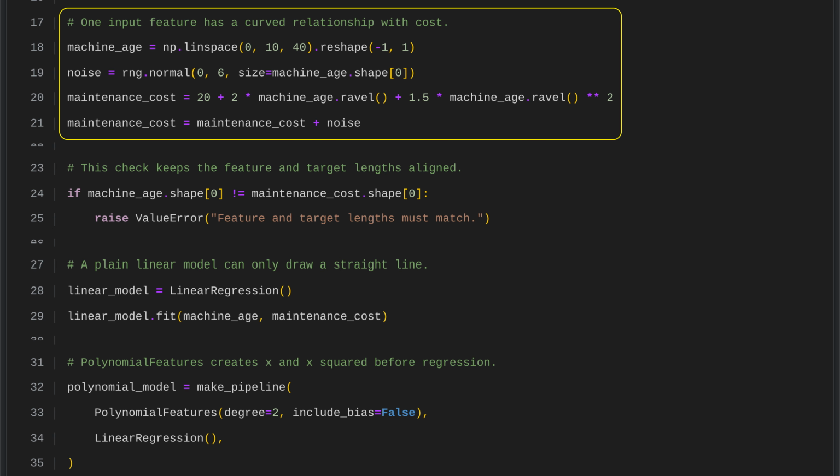The data simulates machine maintenance costs based on age. Machine ages are generated from 0 to 10 years, and random normally distributed noise is added to represent real-world variation. The maintenance cost follows a quadratic pattern, with a base cost, a linear age effect, and a stronger curved increase